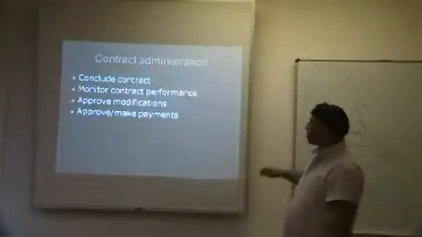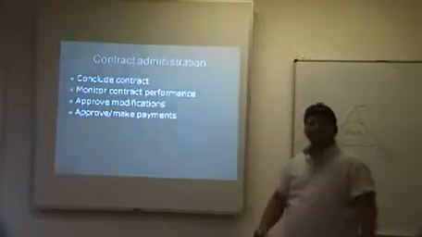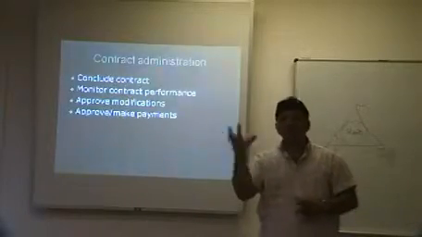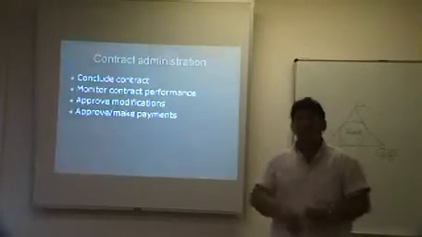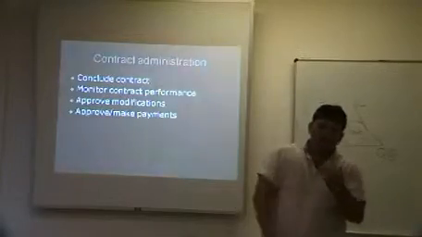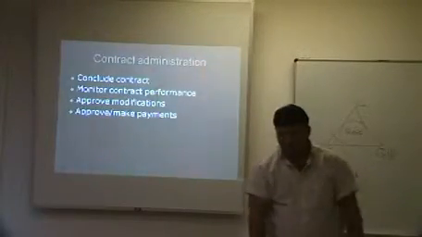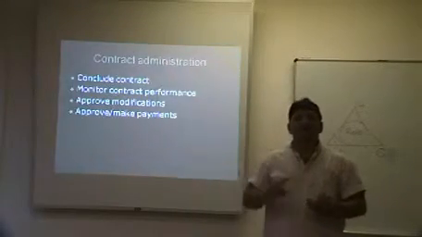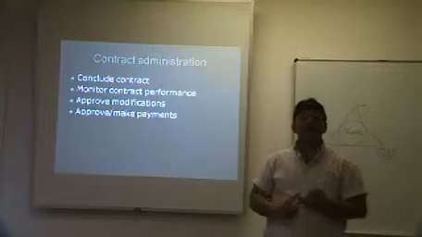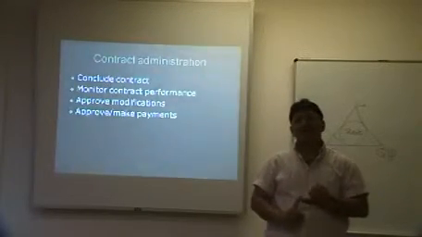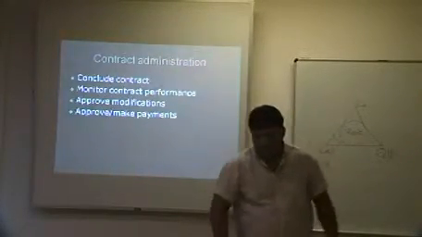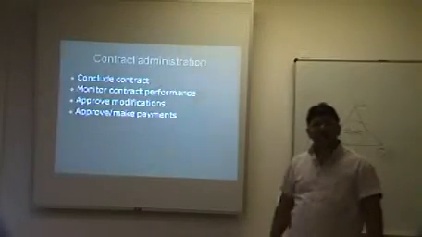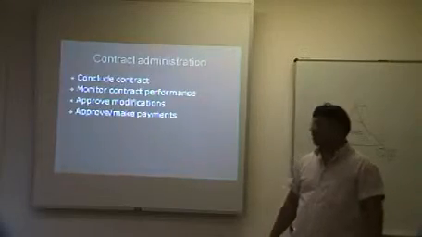Once the contract is concluded, meaning you've negotiated your price, you've got your clauses, you've got your terms and conditions, and your secondary clauses, and your form of contract, and your type of contract. In the building world, we talk about the JBCC contract. Internationally, we talk about the New Engineering Contract, which is NEC, and FIDIC. So once that is done, the contractor goes onto site, or the consultant goes onto site, and what happens?